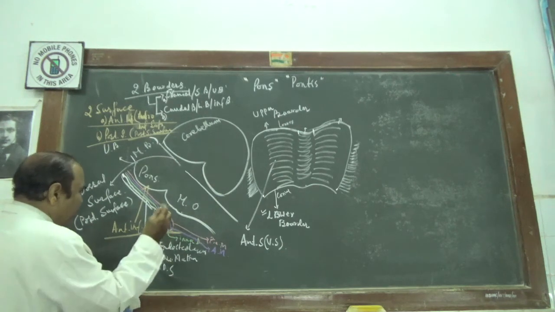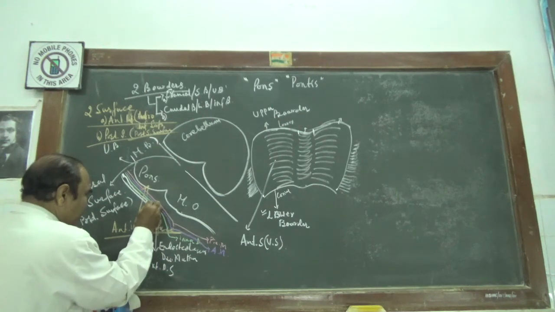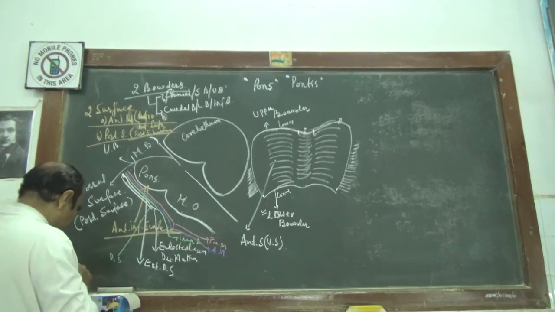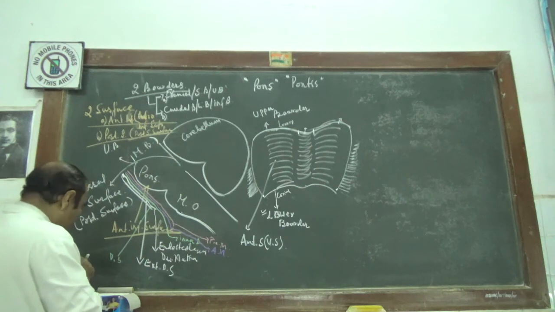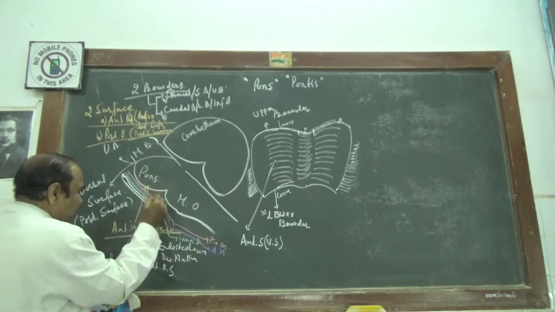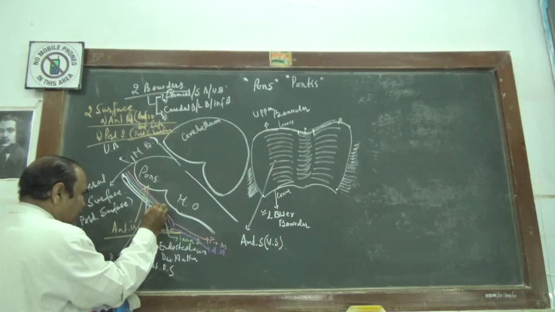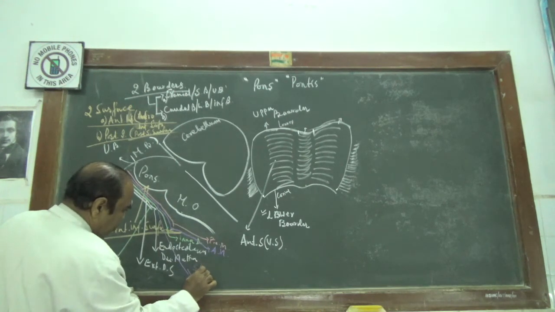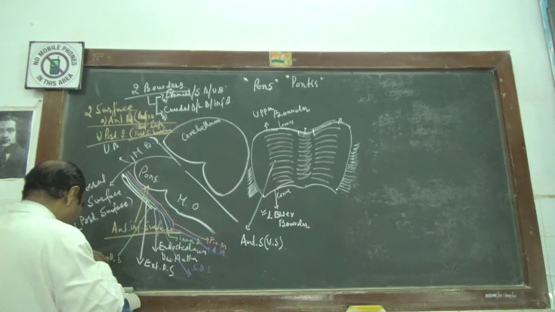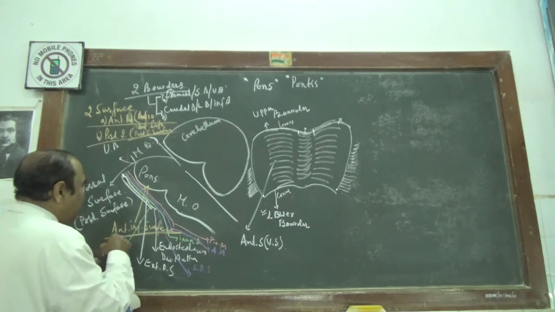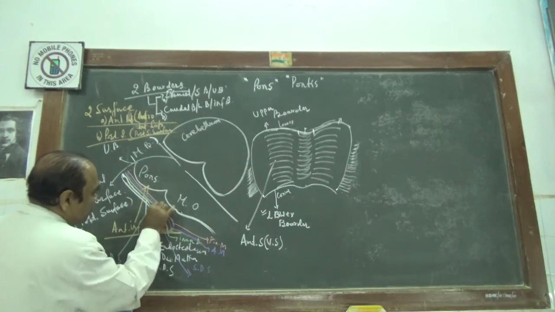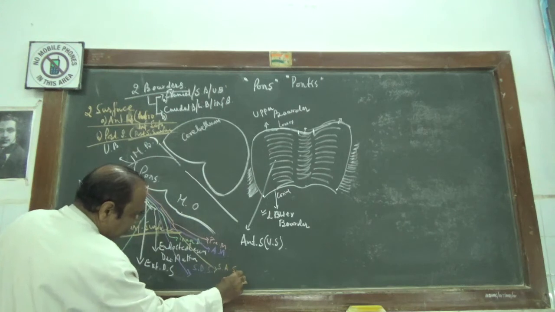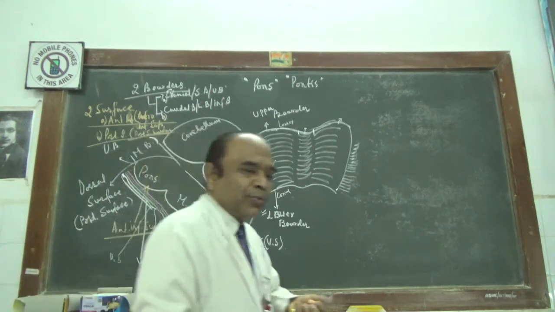Then you have another, which is said to be the subdural space. Then you have one more space available here. This is called the subarachnoid space, and the contents of those spaces,